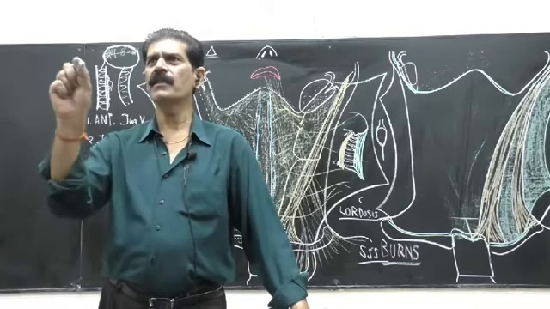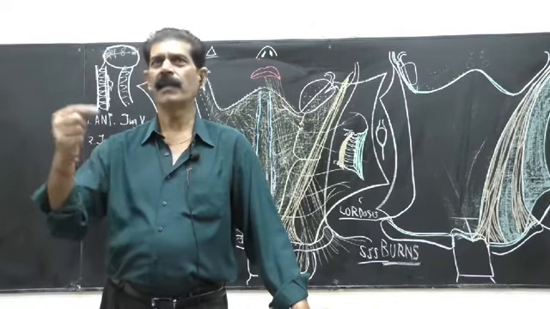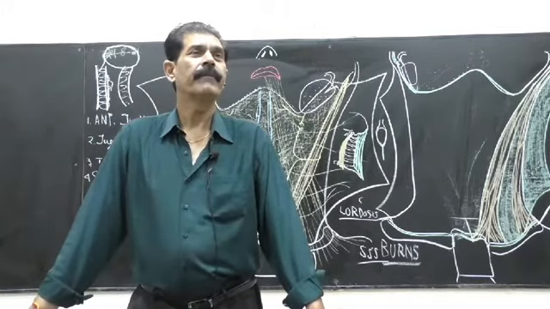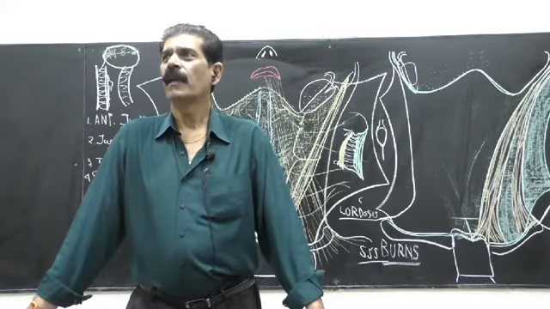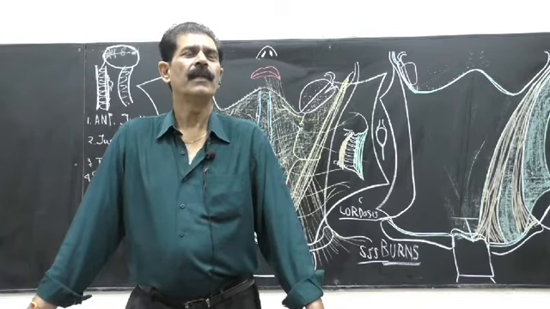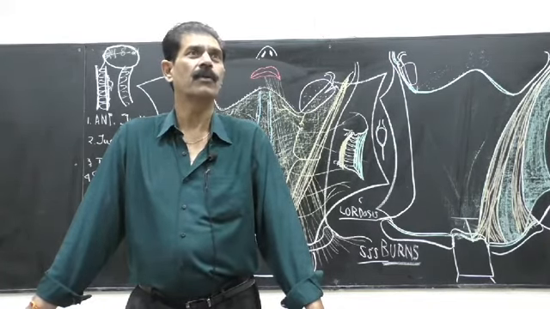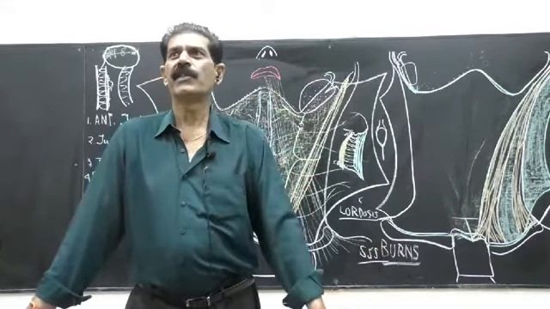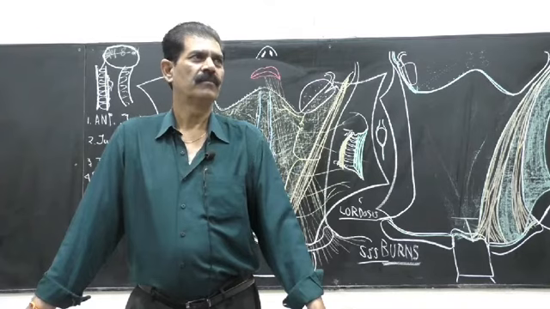So that you have to write down. Relations, make the heading relations. Superficial, second heading deep. Then superficial, 1-2 lines. Then deep, 1-2-3 lines. This is how to explain. There is an art in attempting the theory questions. There is an art to write the answer, and the examiner will give you the reward of that art. So anatomy is a subject of art. Diagram is art. Who is good in the diagram will score very well in the theory, and his name will be there, I think, in the distinction of anatomy. So this is an art subject.